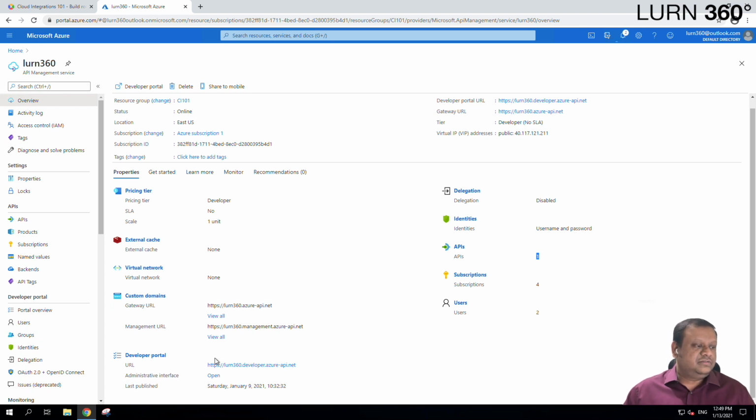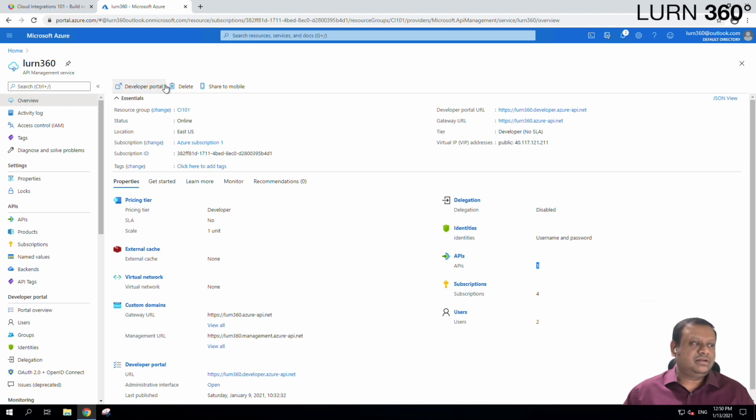And then here is your developer portal. If you recollect, we discussed the developer portal, a portal that gives the developers all the resources and allows them to search for the APIs, see the API documentation, and test it for themselves, right? So let's go ahead and open the developer portal, right? So you can click here, or it's here as well on the top, right? Let's click on developer portal,